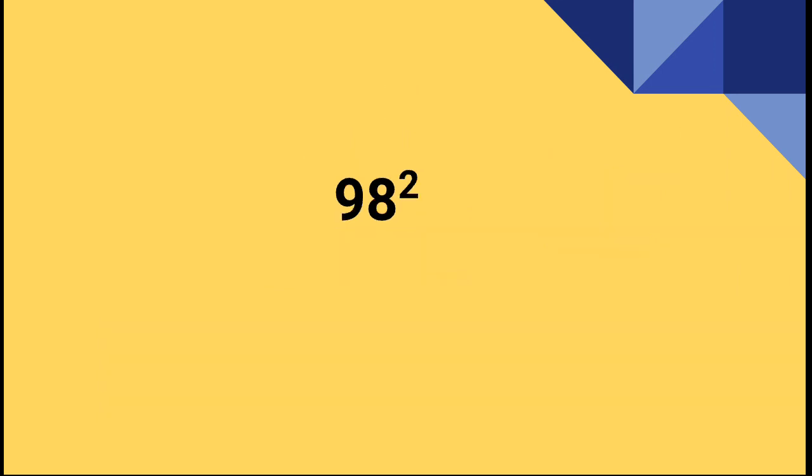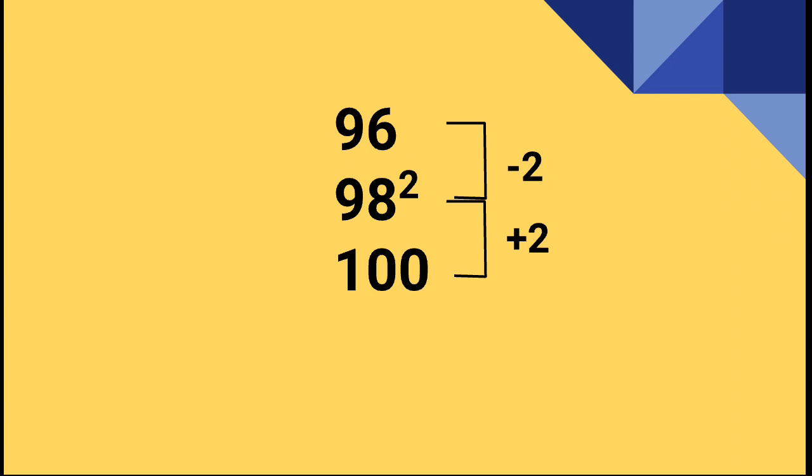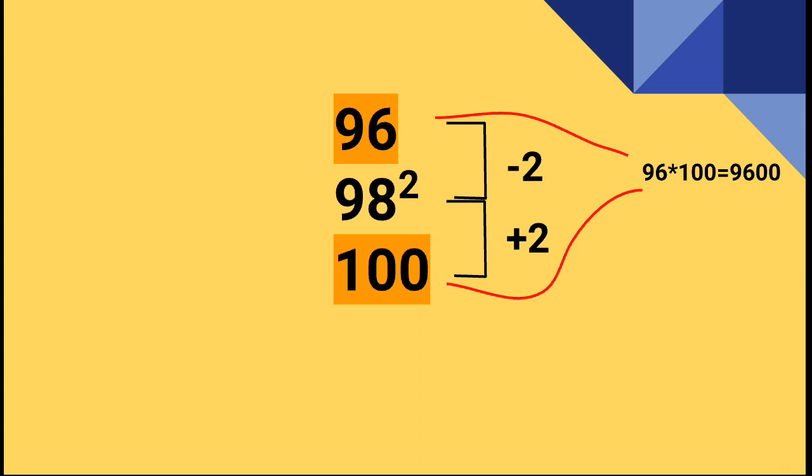Now the third example was to find the square of 98. Whenever we have to find squares and the number is near a power of 10, then it's quite easy. 98 is close to 100, and on adding 2 to 98 we'll get 100. Similarly, we have to subtract 2 from 98 to get 96. So we got two numbers, 96 and 100, besides our question number 98. Now we multiply 96 and 100 to get 9600.